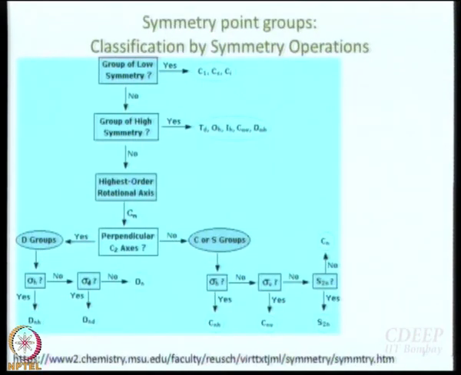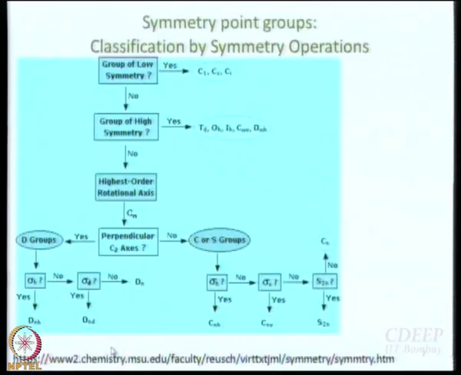Now, if you know which symmetry elements and which symmetry operations are there in a molecule, then you could develop a systematic nomenclature for that class of molecules using the symmetry operations that are there. And this is something that we should be experts in. I show you a molecule, and without actually going through all this algorithm, you should be able to tell me which point group it is. So this is a very popular table that nobody uses. You really don't need this table. Okay, it is a nice systematic way of showing it.